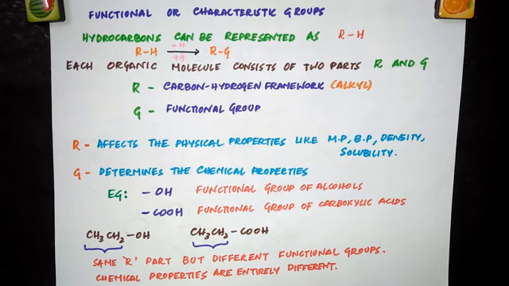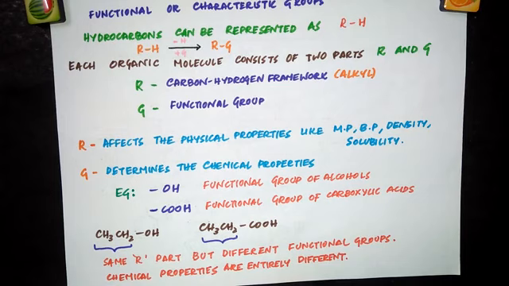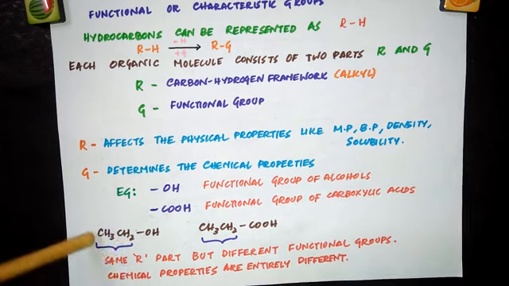Or in other words, you can say all the organic compounds containing the same functional group show similar chemical properties. For example, if you take CH3OH, CH3CH2OH or CH3CH2CH2OH, all of them will produce hydrogen when treated with sodium metal. So we understand here that any organic compound will behave in the same manner as any other organic compound having the same functional group, no matter what the rest of the molecule is.